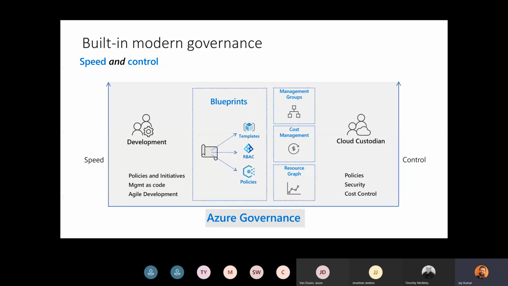So in modern governance, speed is achieved through several tools that we provide. One is called blueprints, which provides a set of definitions for the scope that you choose. It could be a subscription, a management group, or a resource. You can stamp out something called a blueprint, and it comes with templates, role-based access controls, and